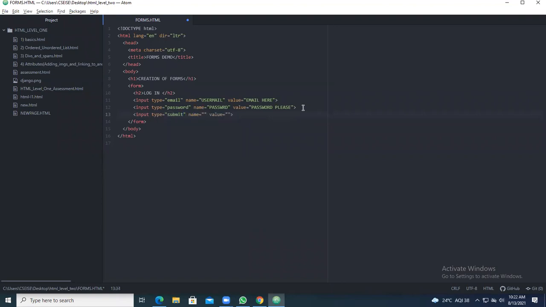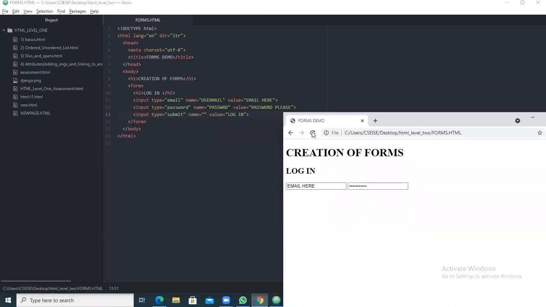So name you can give or anything. Value, you give it as login. Kindly save and run that particular thing.